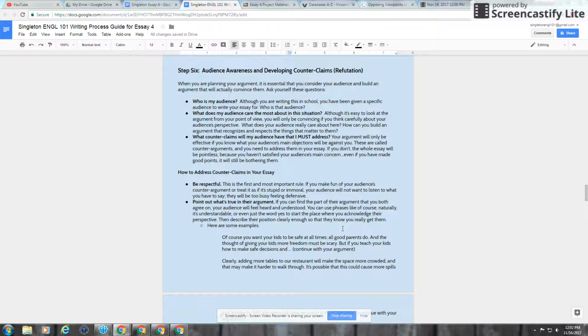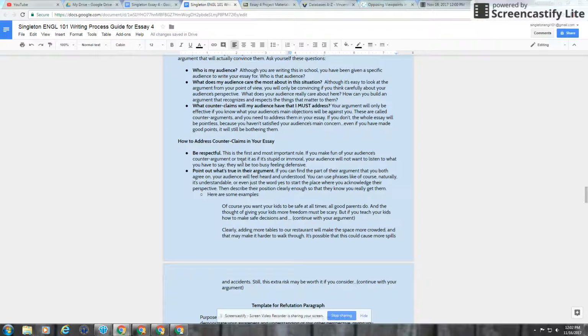Think about who they are, what they care most about. That way you can start to develop your counterclaim. The counterclaim is actually, when we wrote our thesis, we opened our thesis with a counterclaim. That would be the objection that people might have to our opinion. And so we're actually going to go back up to your thesis,